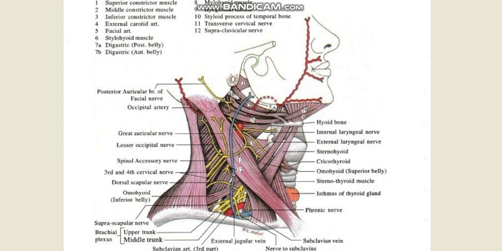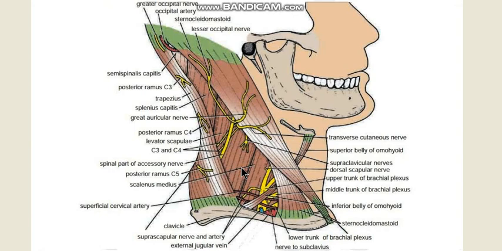lymph nodes. Now if we can only get a better view, see in this diagram again you can see a clearer view of the occipital and the subclavian triangles. You can see over here the splenius capitis, semispinalis capitis, splenius capitis, the large levator scapulae, scalenus medius. You can hardly see the scalenus anterior, and scalenus posterior would be hidden somewhere here. And on the levator scapulae you can again see the accessory nerve and the C3C4 fibers accompanying the accessory nerve,